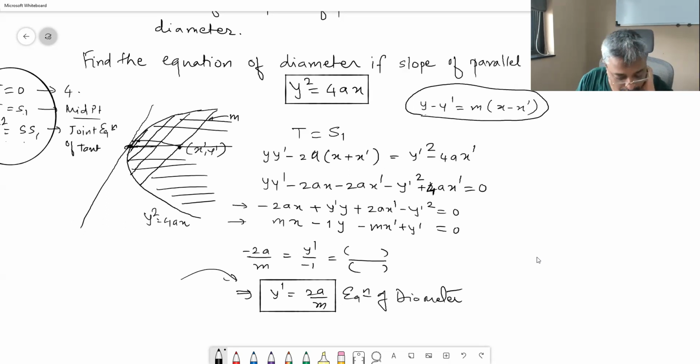So what I wanted to tell you is the diameter cuts the parabola at the point where the slope of the tangent is going to be m. We need to make note of this. Okay, so let me check whether everything is